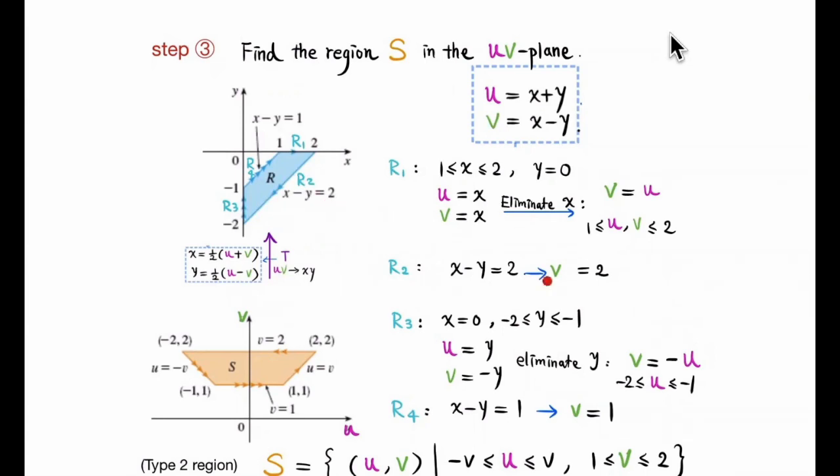So v equal to 2 is the corresponding equation for that line segment on the uv plane. So v equal to 2 is this horizontal line, and this line segment is going to start from here and then end when u equal to -2,